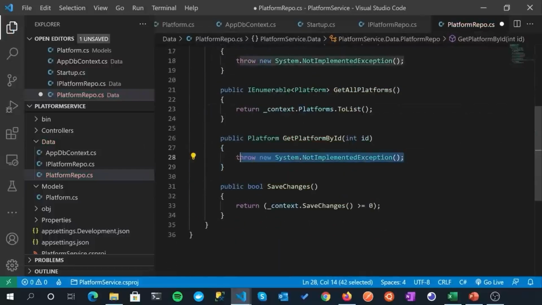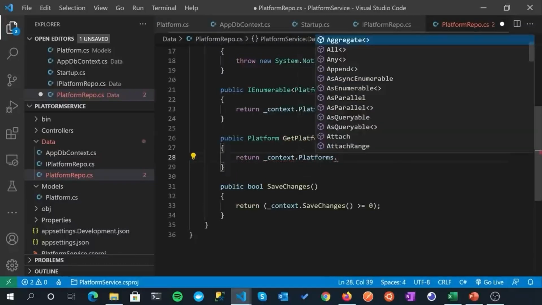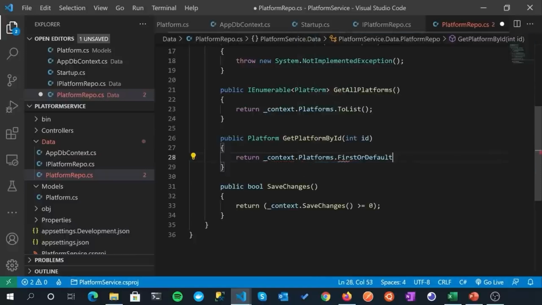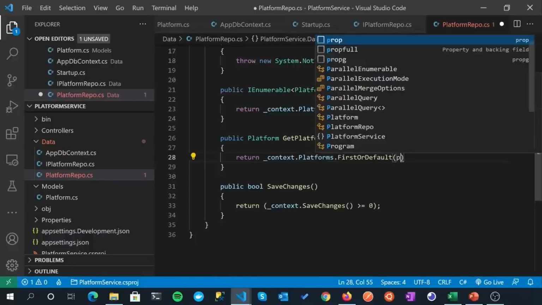We'll come on and do our GetPlatformById, and it's slightly more complex, but not much so. So return context.Platforms, but this time we're going to use this FirstOrDefault method to say give us the first instance of a platform, or the default one, and then we're going to specify some criteria using a lambda expression.